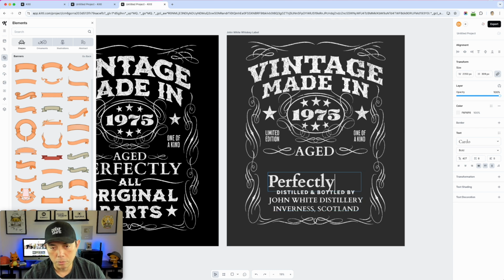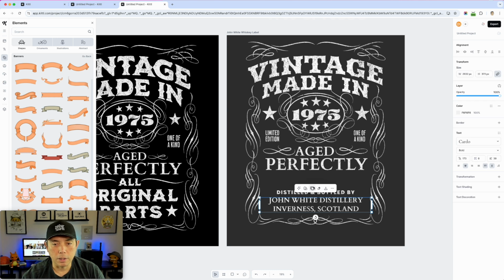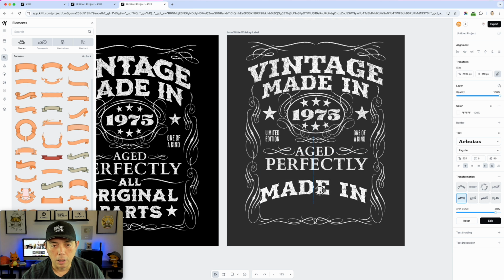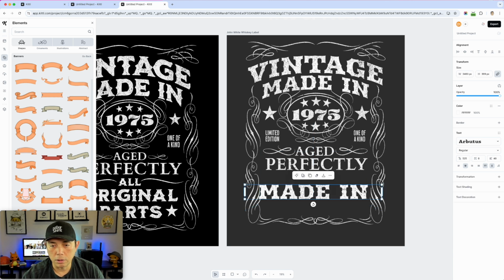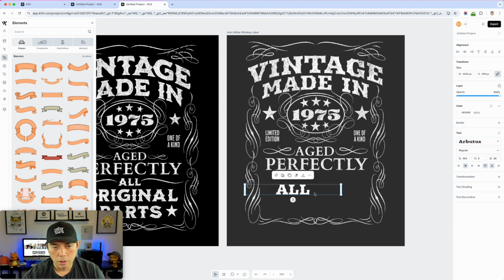Perfectly, and we already have that all caps. Oh, and it's justified. I'm going to do centered so it doesn't stretch out too much, and there you go. And the last one I have here, now we can do different text since I did the different font here. I'm going to make it in this font, whatever this is, Arbitus again. And we can take out the curve, so I'm not going to do the transformation, and I'm just going to do all original parts, right? So double click on here, all, we have the caps lock on, all,